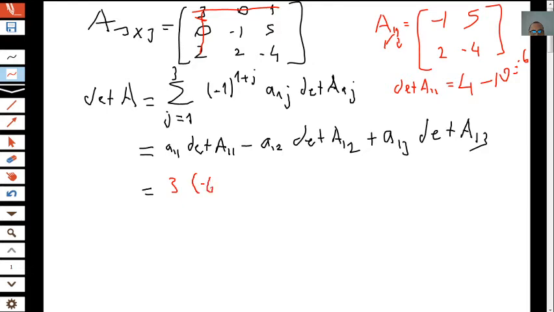Minus a12, which is 0, times the determinant of A12. Namely, we cancel the first row and second column. So we have 0, 5, 2, minus 4, determinant A12, plus